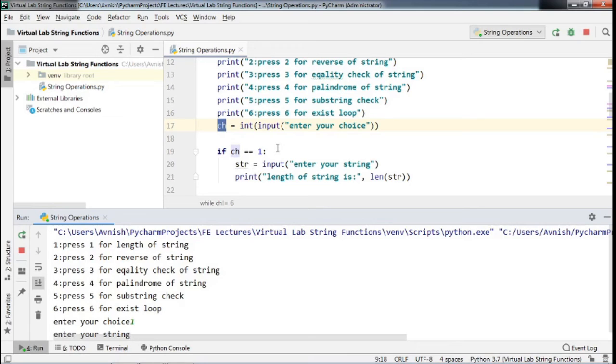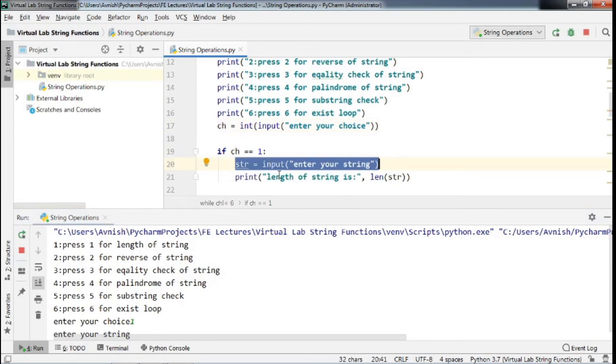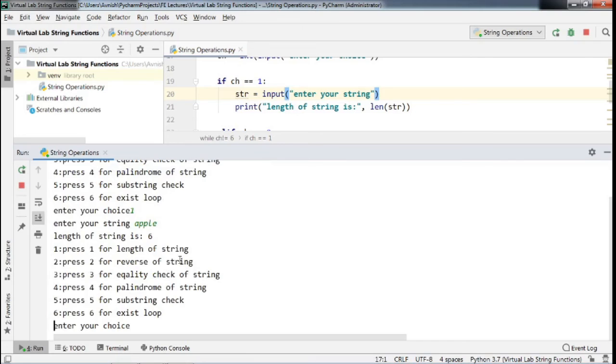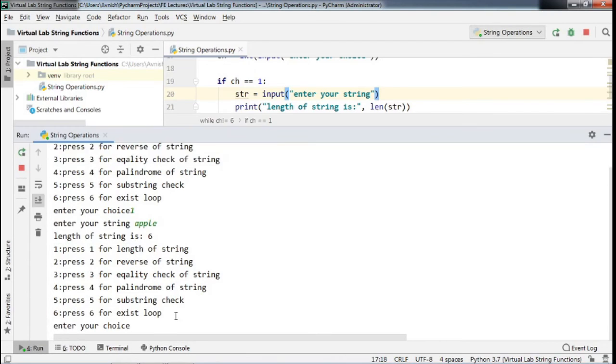So this first case becomes true, and it will execute this input string, that is, enter your string. Suppose I enter apple. There are a total of 5 characters in this string. So when I press enter, it will show the length of the string.